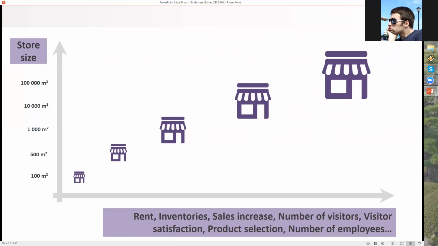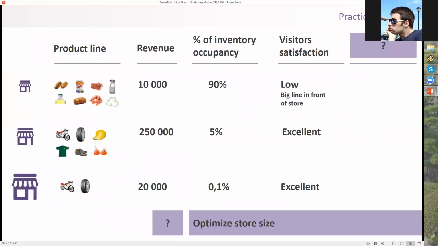So you have to be sure that you have all the things you need to sell, as well as you can properly manage it, as well as the expenses. So another practice that we bring in here is actually how to act with the store management. Let's say we can see that there is, for example, in the first case, the smallest store,